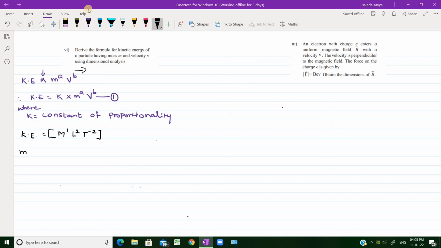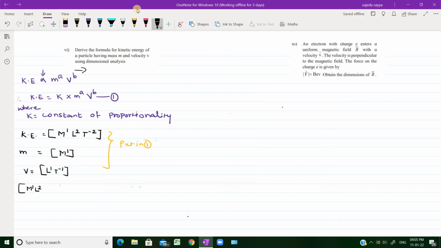Mass has dimensions M raised to 1, and velocity, as it is meter per second, has dimensions L1 T raised to minus 1. Put all the things in equation 1. Therefore, on substituting it in 1, we get